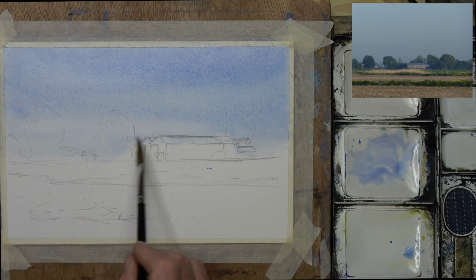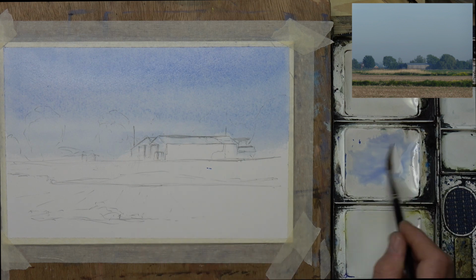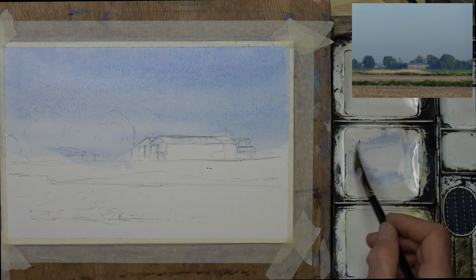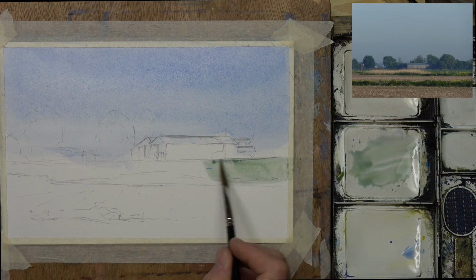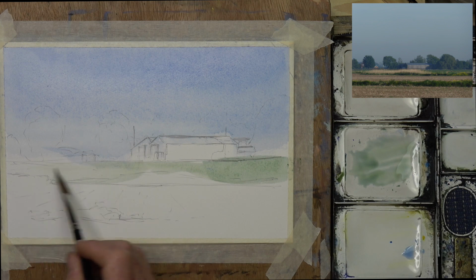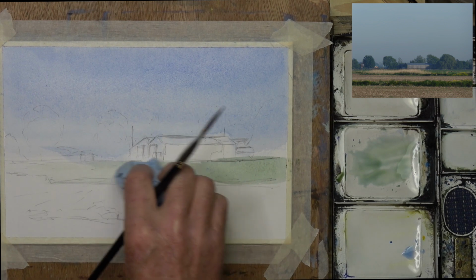I've left this part of the barn out, not the roof, just that side. It's catching the light, and I want to try and preserve that and not influence any colour with a blue. And if you want to, you can now change that blue. You can put a bit of a cool green in, which would suggest the field coming through here if you wish to. I am trying to preserve the little spaces here. Just take that back a little bit,